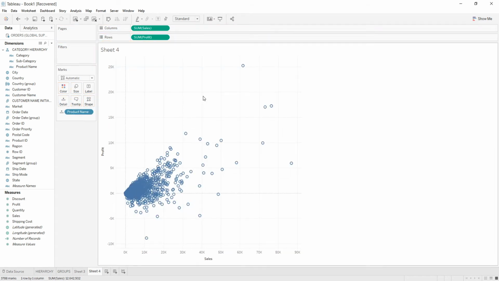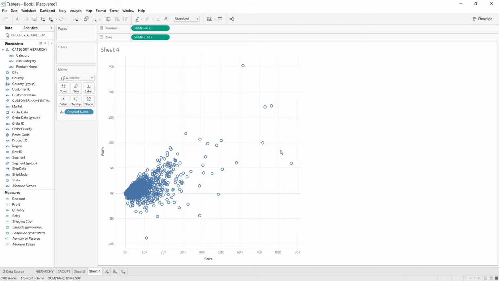So I'll be seeing all these products together in this view, where what it is showing me is that the product data showing more sales are these products on the x-axis, and the product data showing me more profit are these products on the y-axis. But this is one of the products which is showing the maximum profit but intermediate amount of sales. But this is one of the products which is showing me the highest sales but not that much amount of profit.